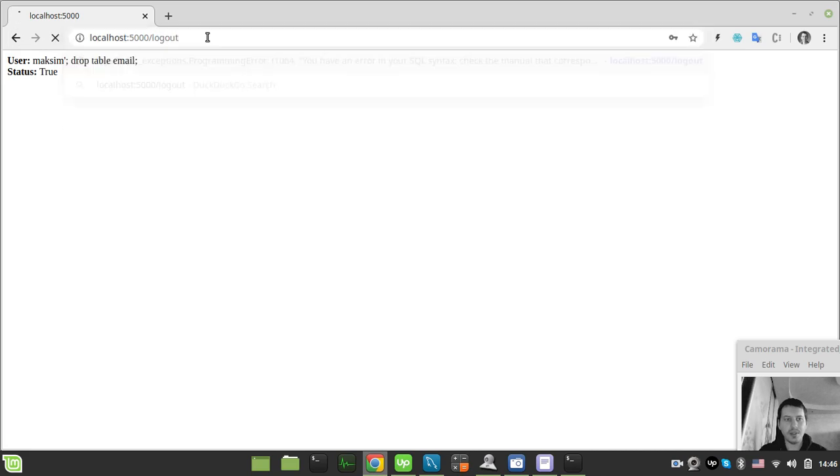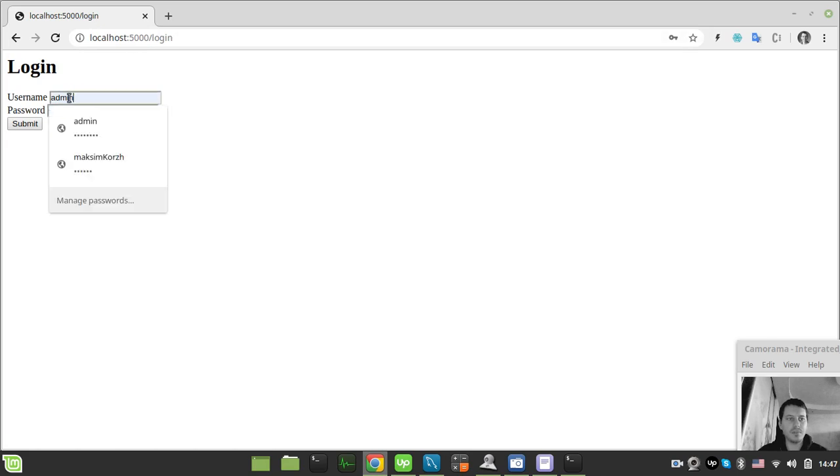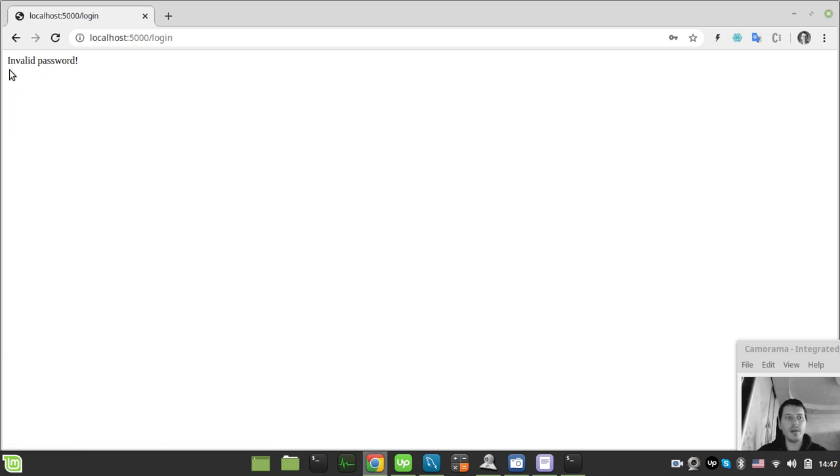Okay, log out and log in again. So here, basically I don't even need to know the password, which is even more horrible. So if I just put this single quote and then say drop table emails like this, of course, if I just submit now, then it shows me that the password is invalid, which is right because we didn't provide any,